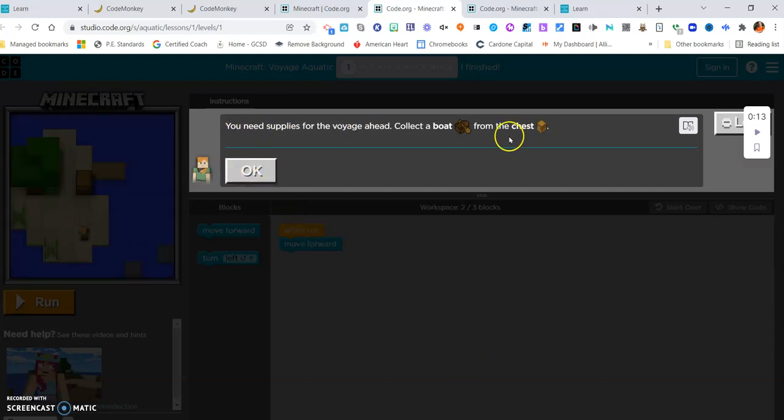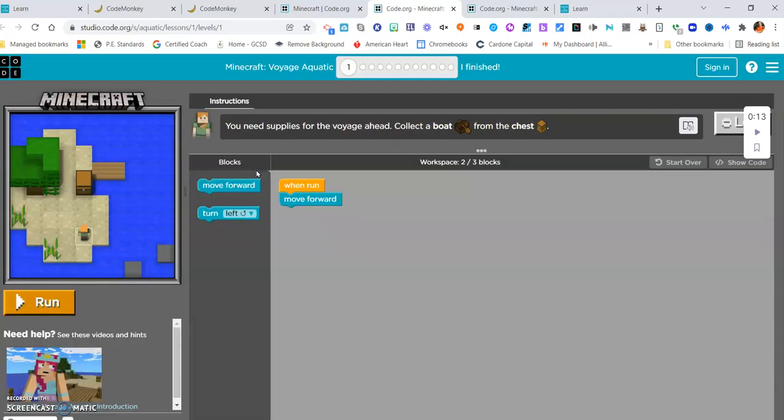And it says you need supplies for the voyage ahead, so collect a boat from the chest. All right, so okay. So we have to collect a boat. So here's our little sprite. Here's our little guy. This is Alex, and he's got to collect a boat from the chest. So he has to go, they're in blocks. So there's 1, 2, 3 steps ahead. So he's going to move forward, move forward, move forward. And I think after we go run from here,